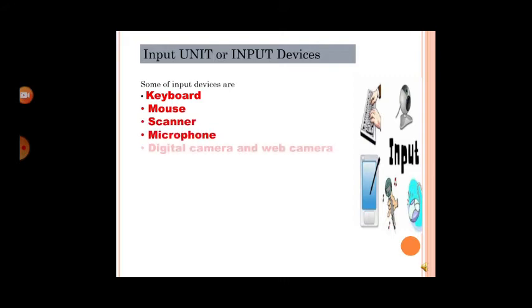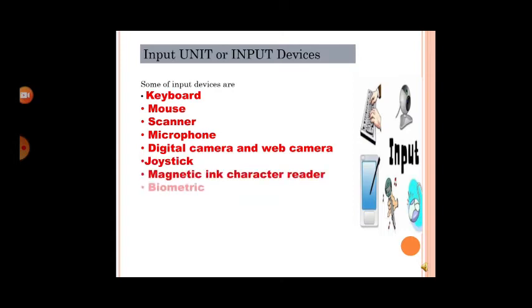Next, let us see about the input unit or input devices. Some of the input devices are keyboard, mouse, scanner, microphone, digital camera and web camera, joystick, magnetic ink character reader, biometric, barcode reader, trackball, light pen and pen tablet.